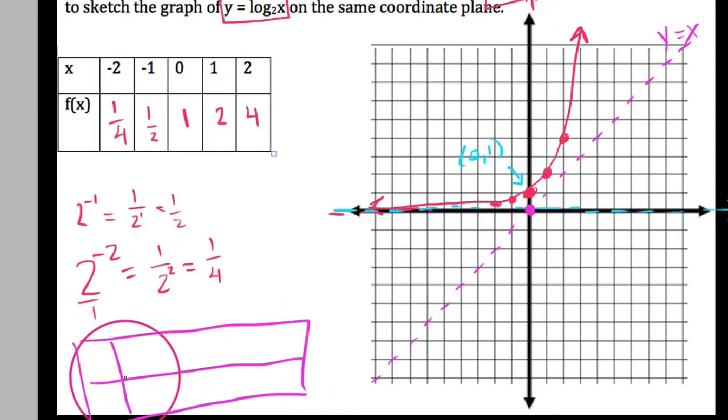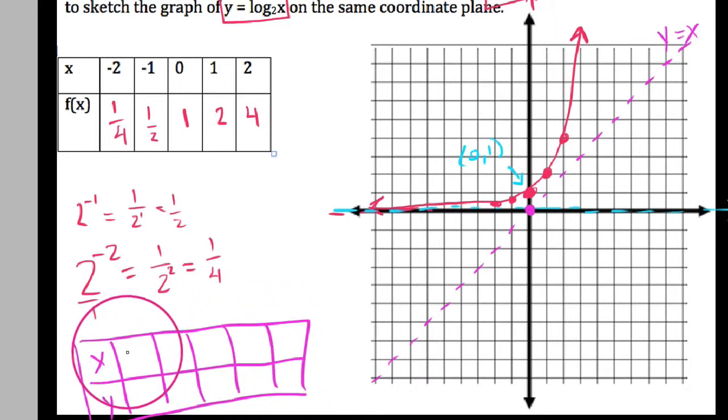This is really shabby how I'm throwing this together, and I apologize, but the inverse has a domain and range that are just switched. So that means all of our x's and y's have been switched. So instead of negative 2 comma 1/4, we have 1/4 comma negative 2, and we have 1/2 comma negative 1, and we have 1 comma 0 and 2 comma 1 and 4 comma 2, because all of our x's and y's